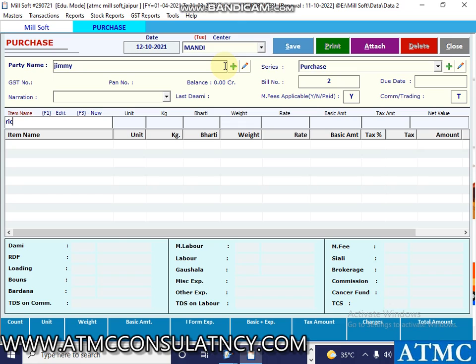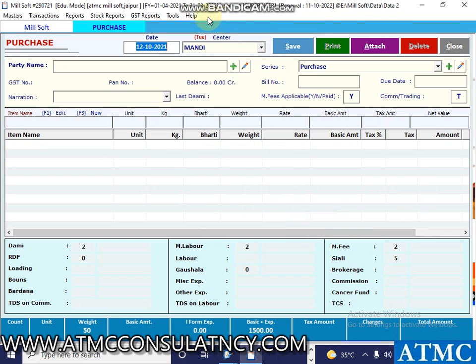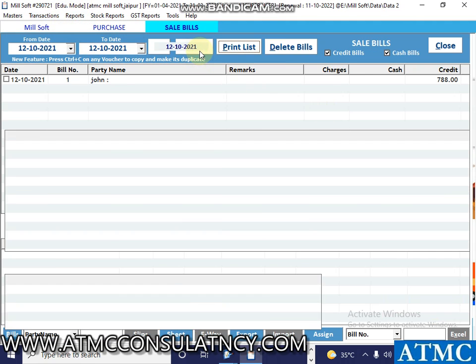Like I write rice bran, its charge, its unit, so I'm purchasing 5 units, kgs, its rate is 500, and the things would be added to the grid, and click upon save, and this is how the purchase entry would be done. Click upon OK. Now to do the sales entry, go to transactions, click upon sales, click upon new, enter the